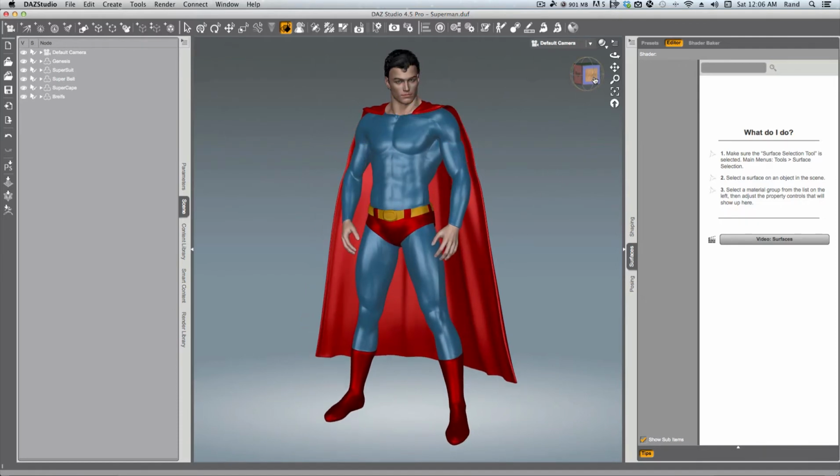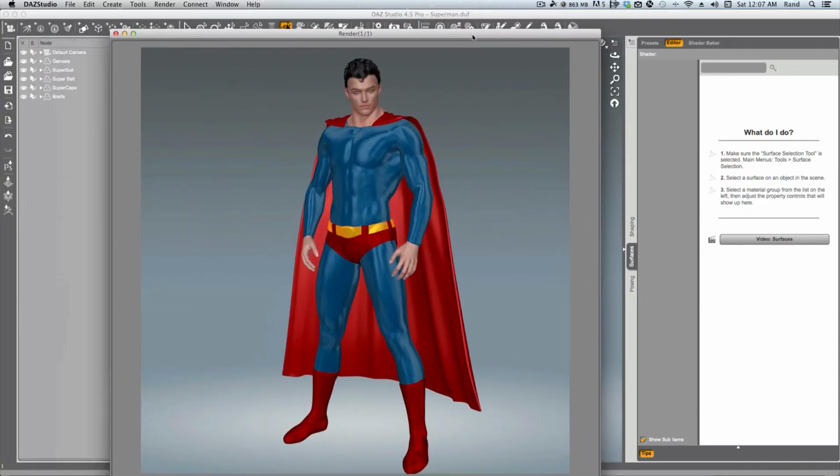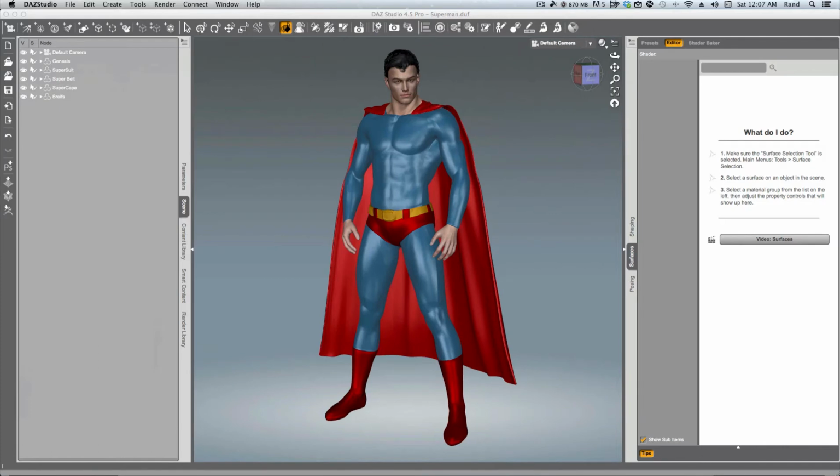So now we need to move ahead and get a superhero emblem on here. Now, a lot of people, their first gut reaction would be, hey, I'm just going to put a texture on here. Well, the problem with that is that this is a shader, and that shader is tiled, so it's repeating a little texture over and over again to get the detail that you see in this render here, all that nice little carbon fiber detail there. So we want to keep that functionality on the supersuit because that's one of the coolest things about it. So we're going to have to create a new